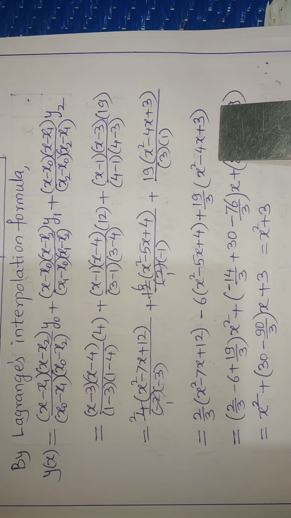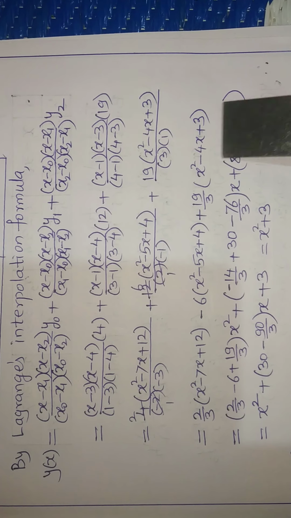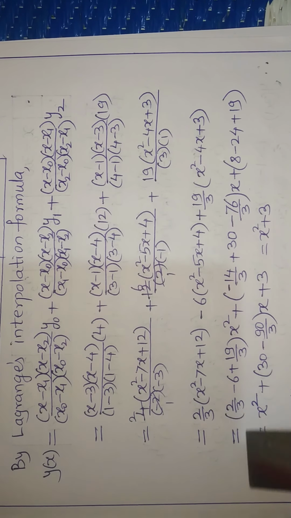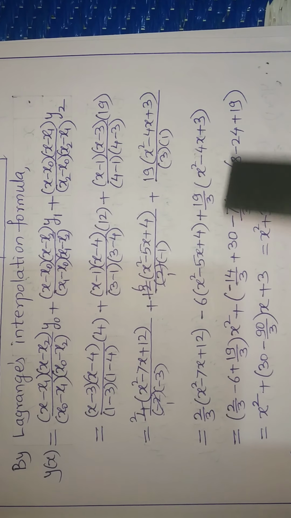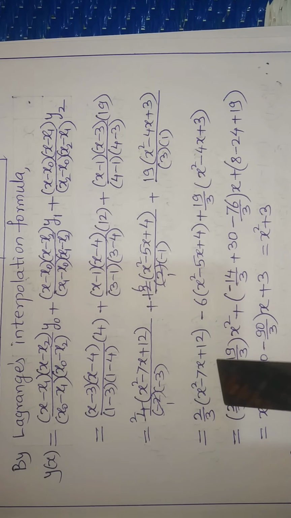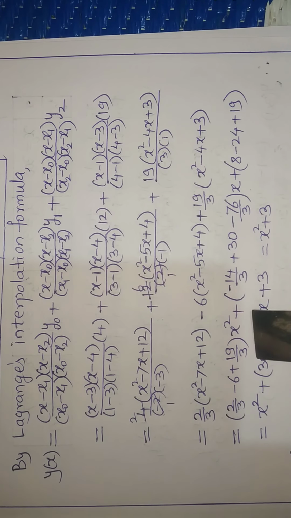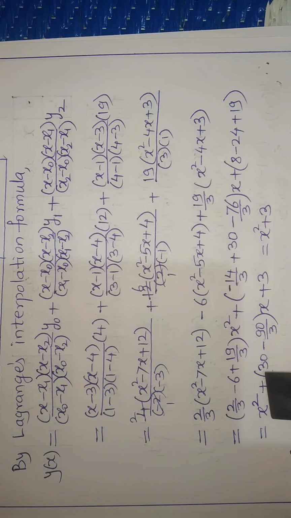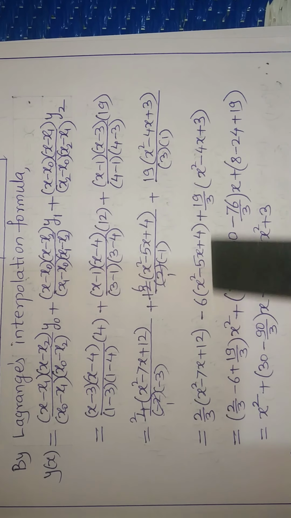So let us first combine the quadratic terms. So I have taken the coefficients of x square here. So here it is 2 by 3 minus 6 and plus 19 by 3. So you are watching 19 by 3 plus 2 by 3 means 21 by 3. 3 7s are 21. So 7 minus 6 you got 1. So I have written x square. Next term is minus,